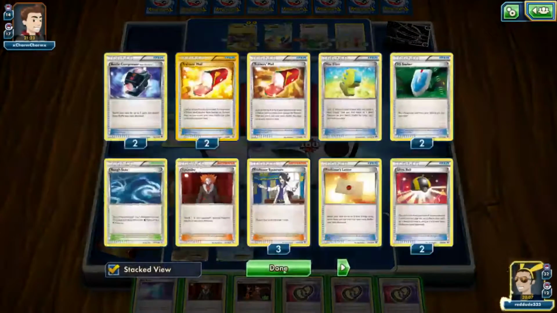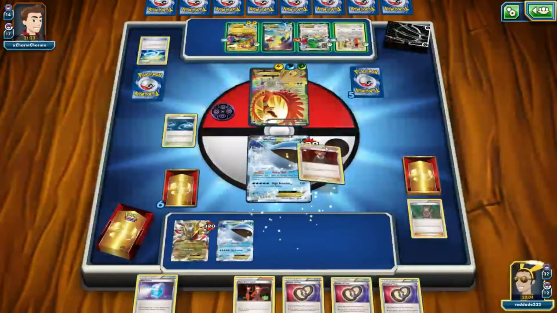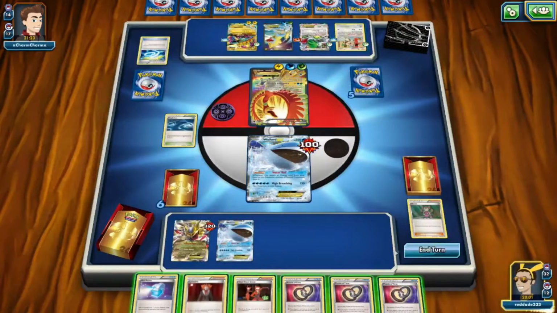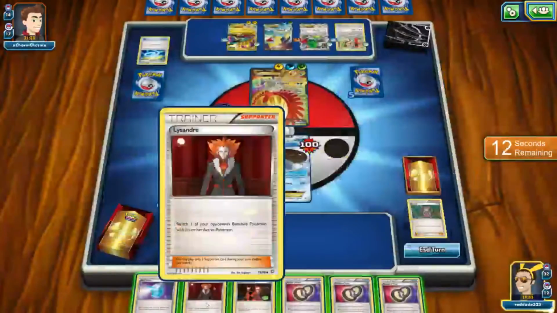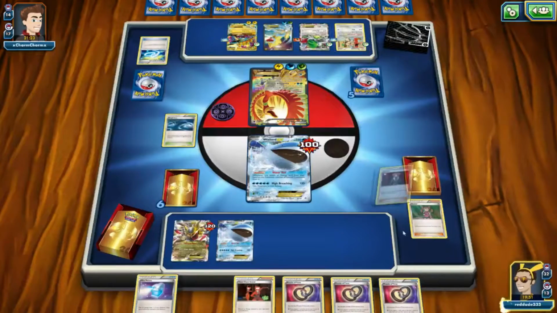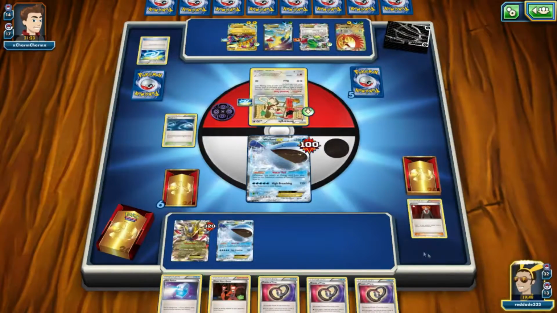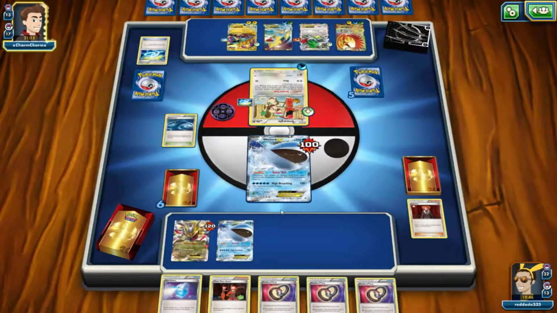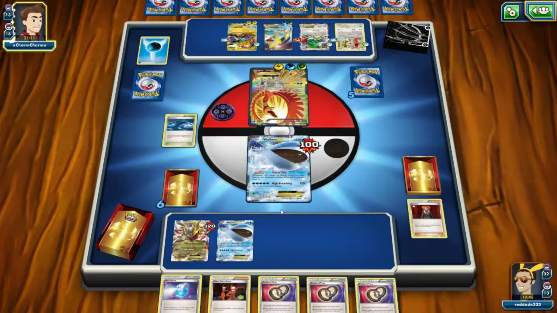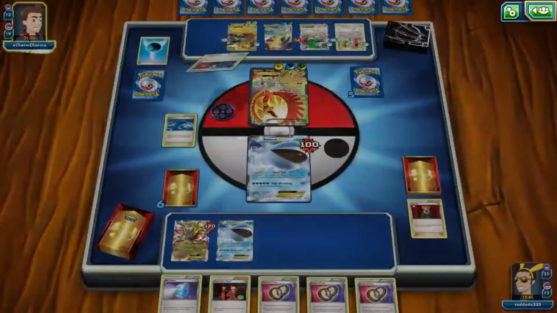I was hoping for a Hoopa to come down. These puzzles, man. What do I do? It's like too nice to have them. We're just going to stall 1 turn because we already have the Max Potion. The Flare Grunt might have been a good option too. But since we're going to Max Potion this turn, we can Flare Grunt this turn. And then it makes things a little more awkward. And we're going to have to actually Max Potion the...